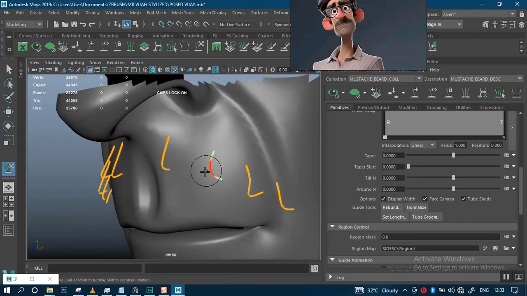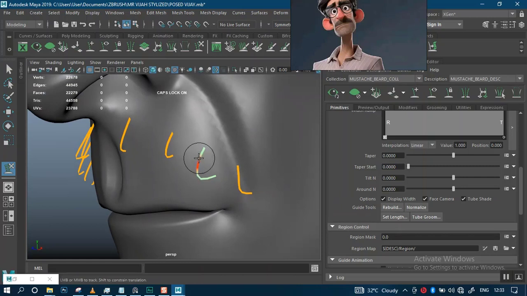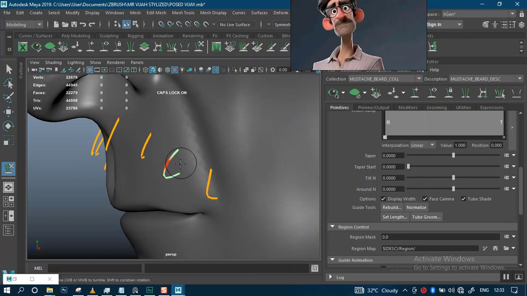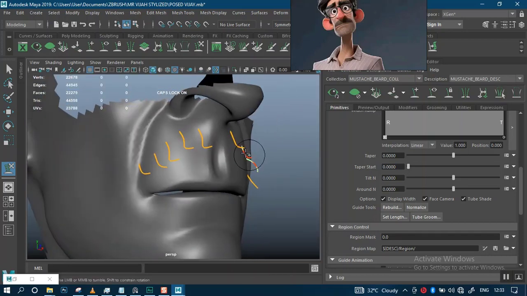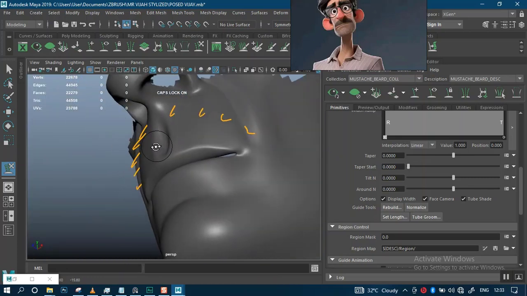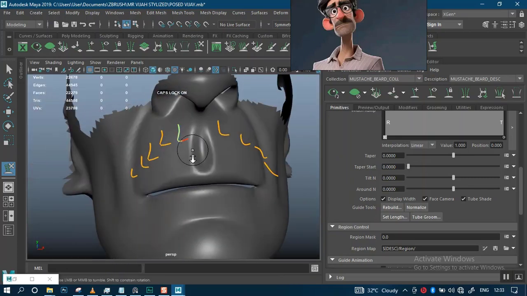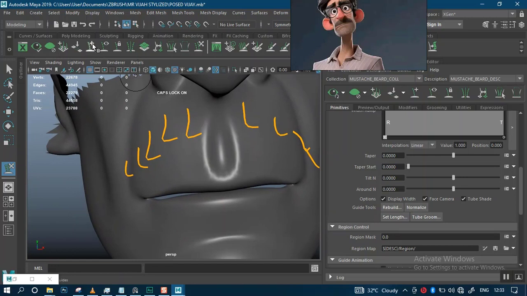Then I'll just make some more adjustments to it. Okay. Then let's create a few more around here. So now we have